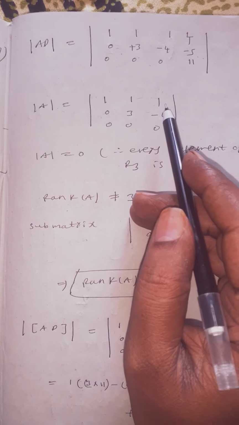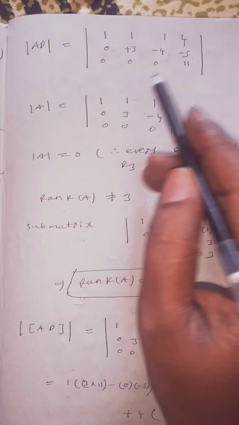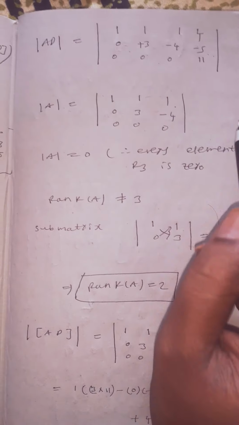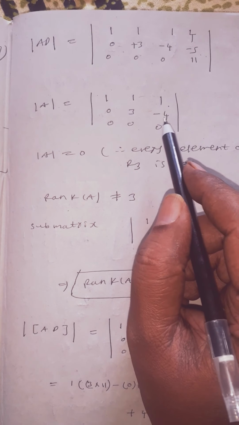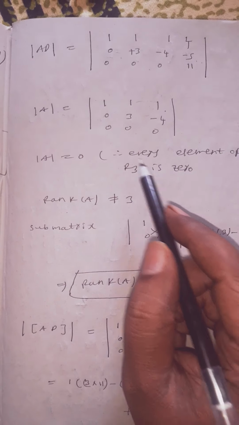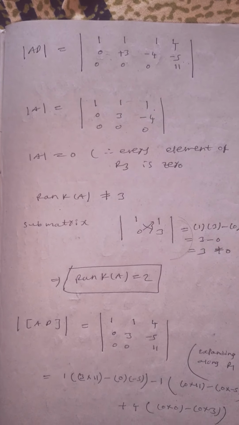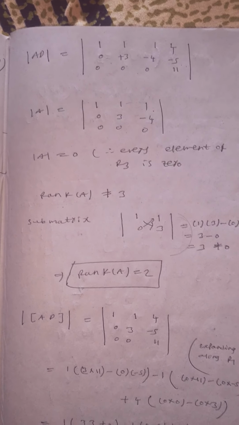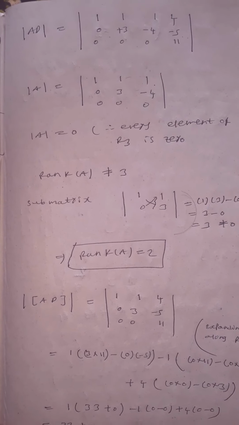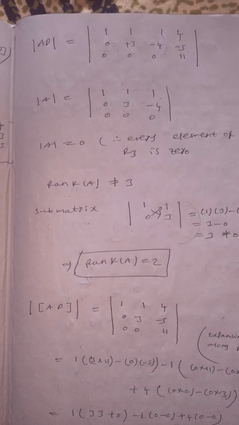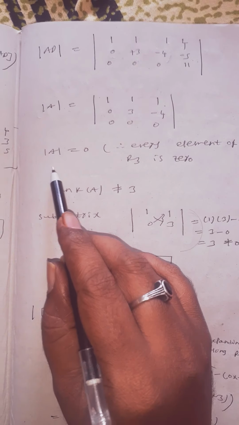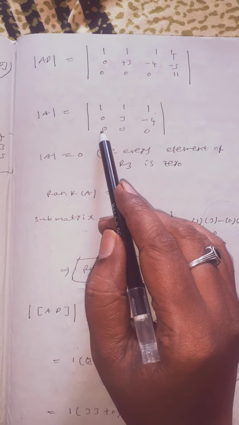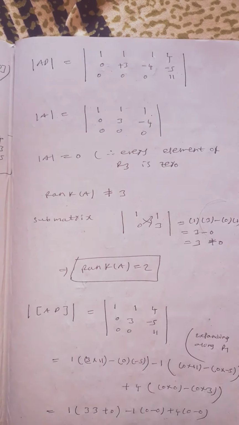So determinant of A is equal to, now take these values. Don't write the last column values. Take the first 3 columns: 1 1 1, 0 3 4, 0 3 -4, 0 0 0. See, I already told in the properties of determinants, if every element of a row or column is 0, the determinant is 0. So without learning the concept, you cannot do the problems. To save time, you should read the properties. So determinant of A is equal to 0. Directly you can write, no need to do anything. Why? Because every element of the third row is 0.